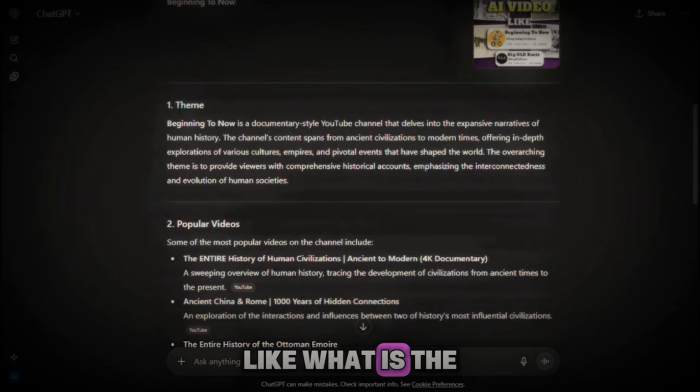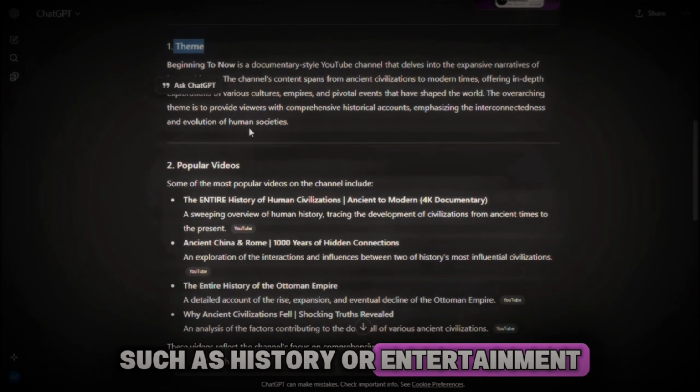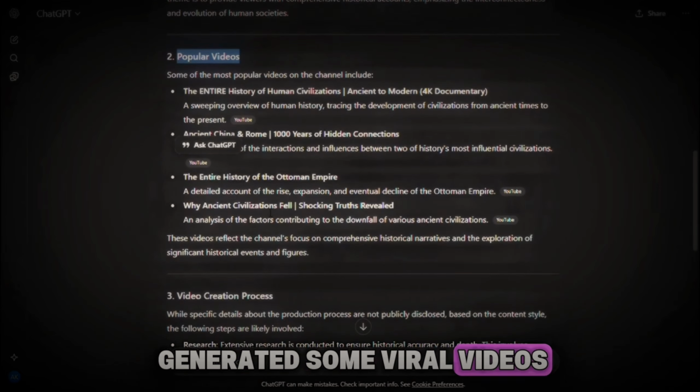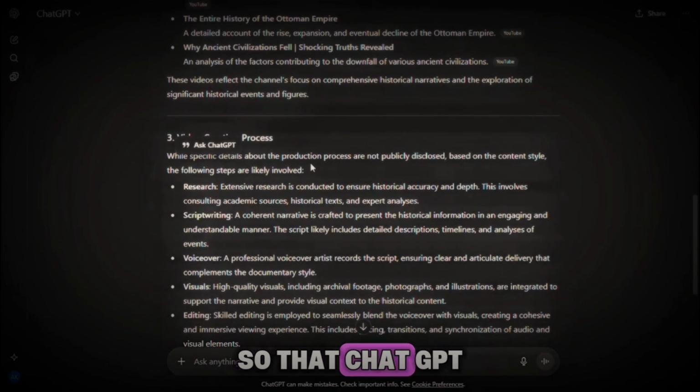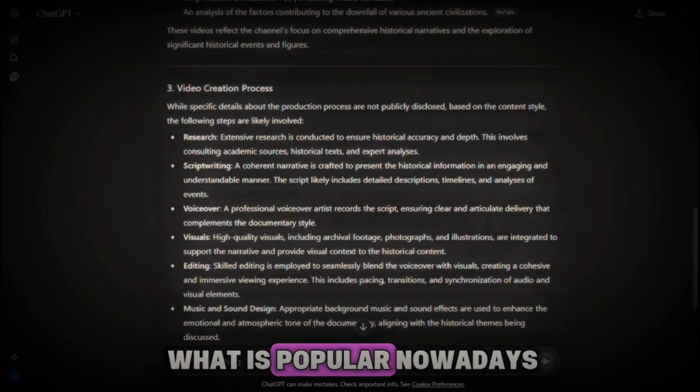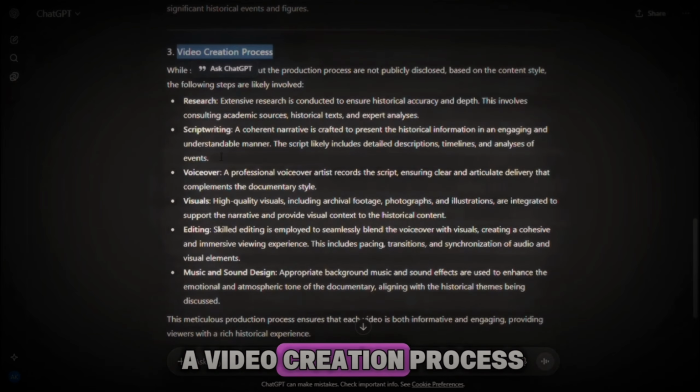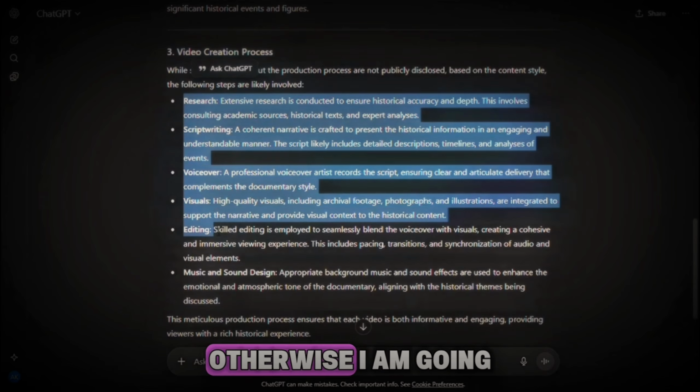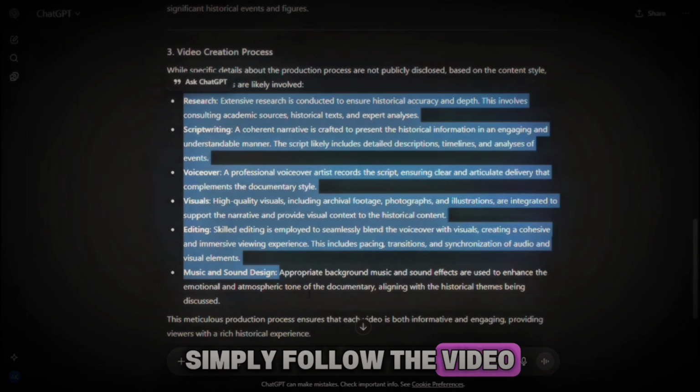First, head over to ChatGPT, and here we need to make ChatGPT understand what we want. So, we simply ask ChatGPT to analyze the same channel, and then give us more details, so that ChatGPT will work to his full potential. Let's do it. For that, simply go to Google Doc and scroll down, and you will see the heading called